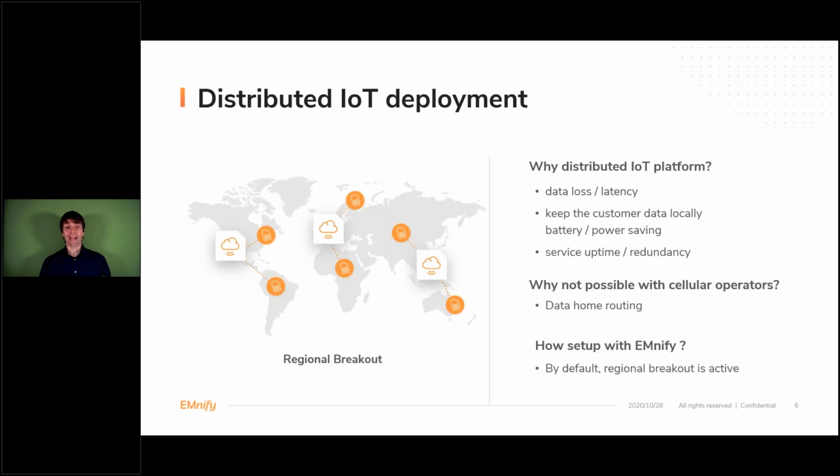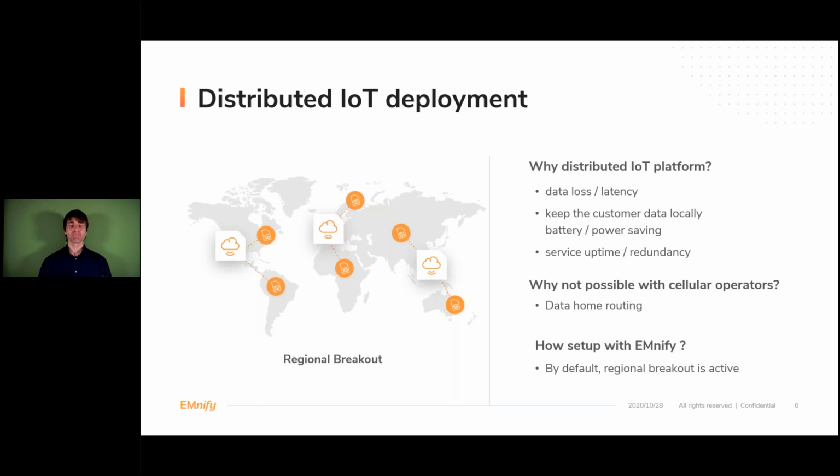While it sounds like a feasible solution to build a distributed IoT platform, with cellular it's quite tricky. If you use Wi-Fi or things like this, where the connectivity is local, this is possible out of the box. But if you use cellular connectivity from a single operator, then there's one issue that comes up, called home routing. So what is home routing?